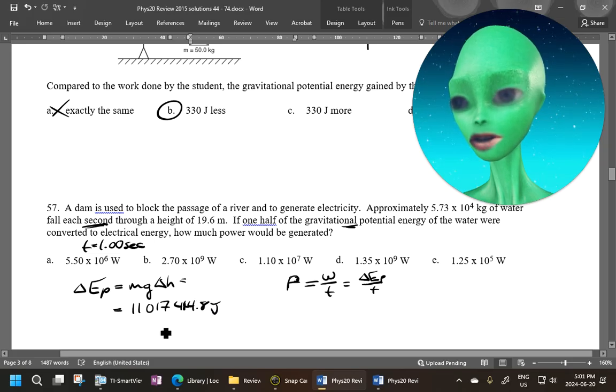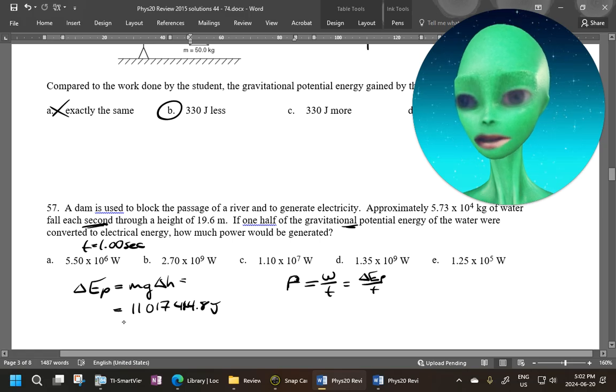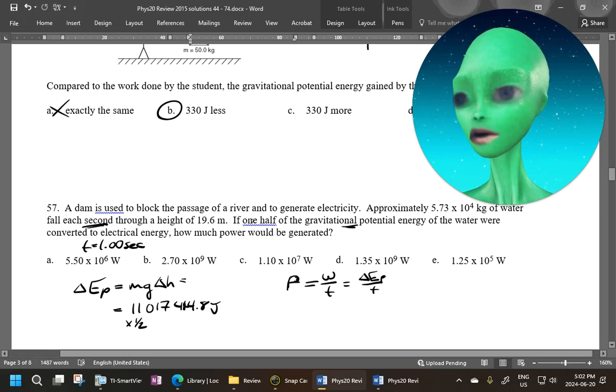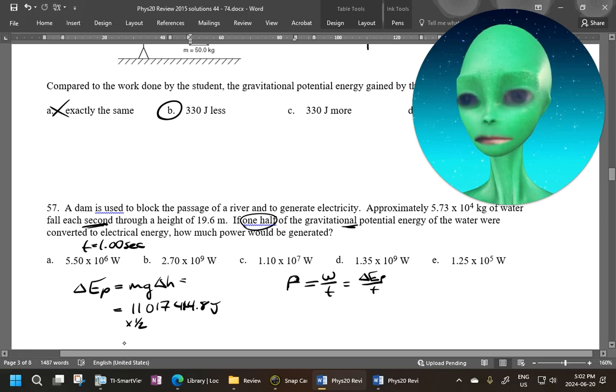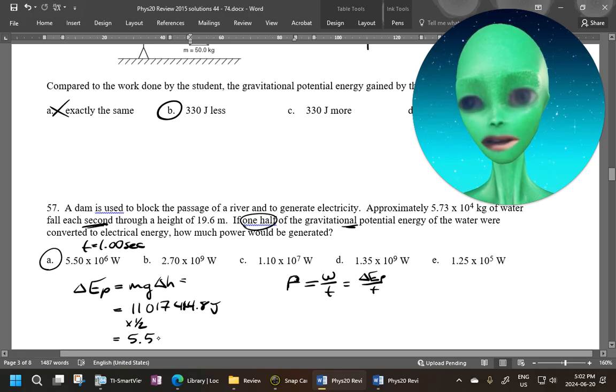11,414.8 joules. Only half of that is actually used. So I got to times this by half. Right? It says there half of it. So divide by 2. So 5.5. So it's going to be A, because you're going to divide this by 1. Dividing by 1 doesn't do anything. It's actually 5.51 if I use the proper sig digs, unless I made a mistake here, but